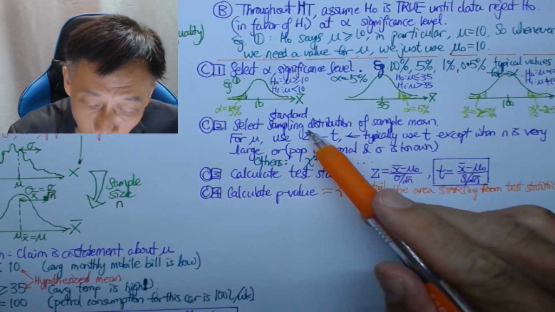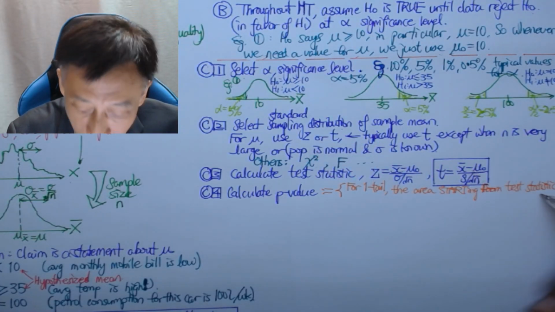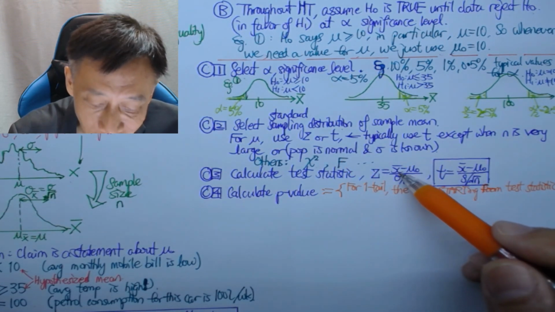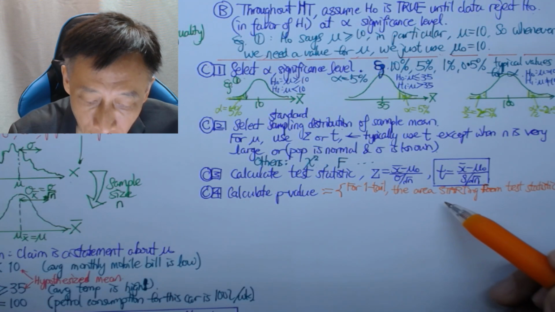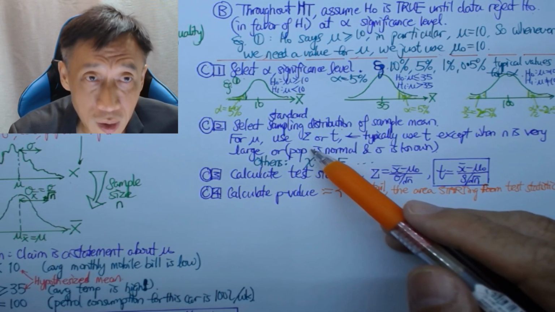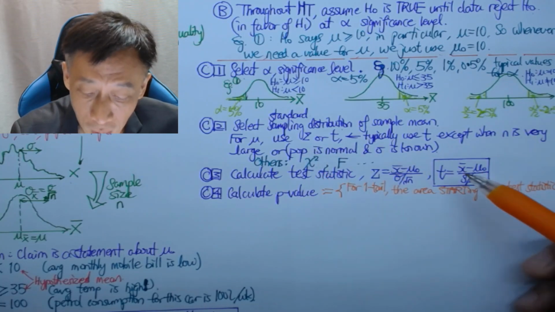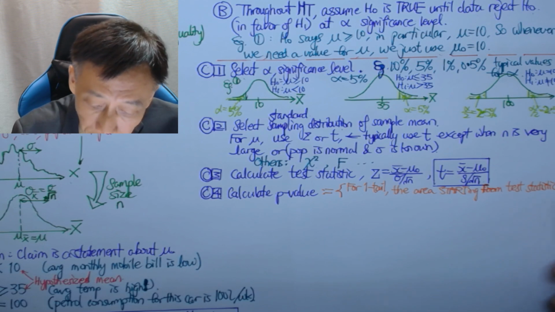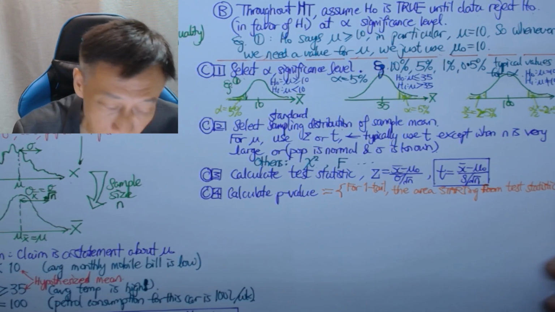If you have used t-distribution, then you use the t test statistic and that value. If you have used z-distribution, you use the z test statistic. If you have selected chi-square because you're doing a variance test, then you must calculate the chi-square test statistic. Then you start from that value. So, starting from the test statistic,